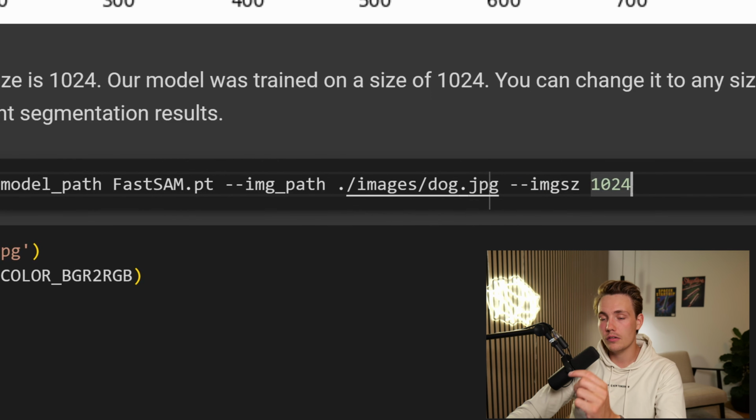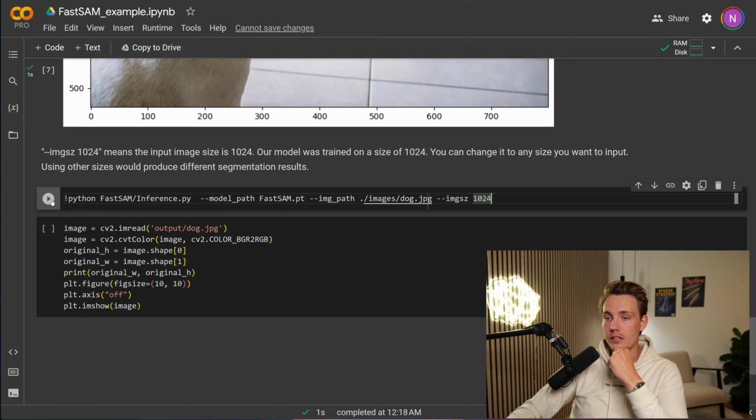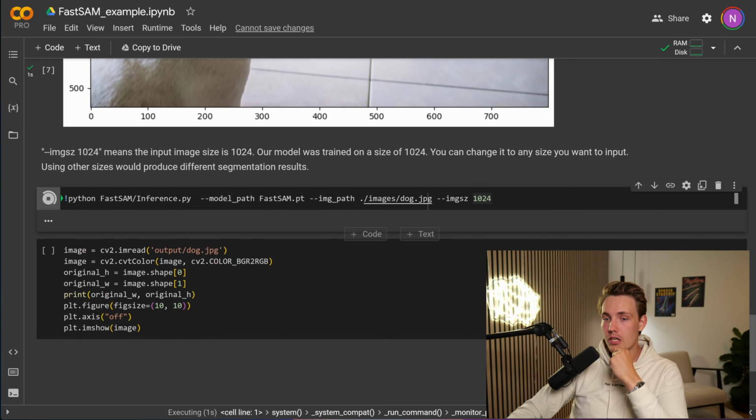So still a relatively large image, but we can actually run fairly fast inference. So let's run this now. It might take some time because first of all, we need to run the Python file here. It needs to import different kinds of modules, load the model and so on before it actually does the inference. But we are going to see the inference speed when it has actually done the forward pass